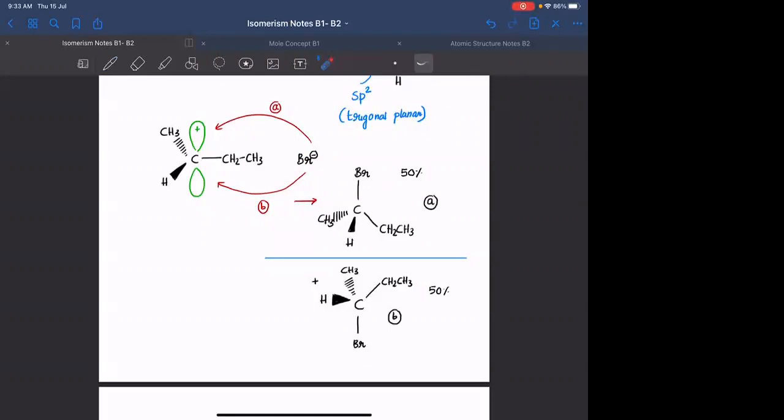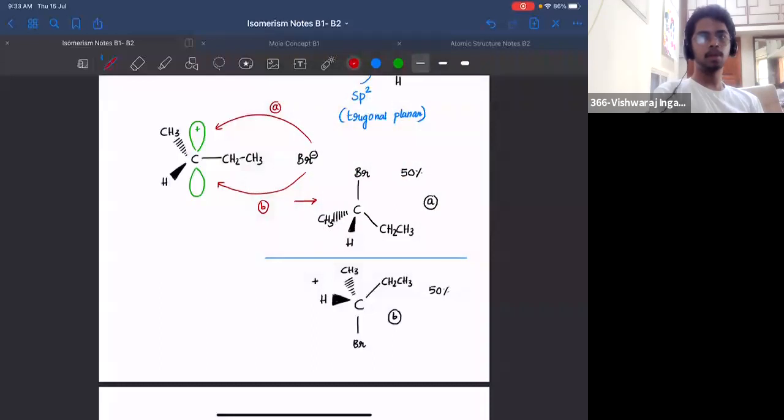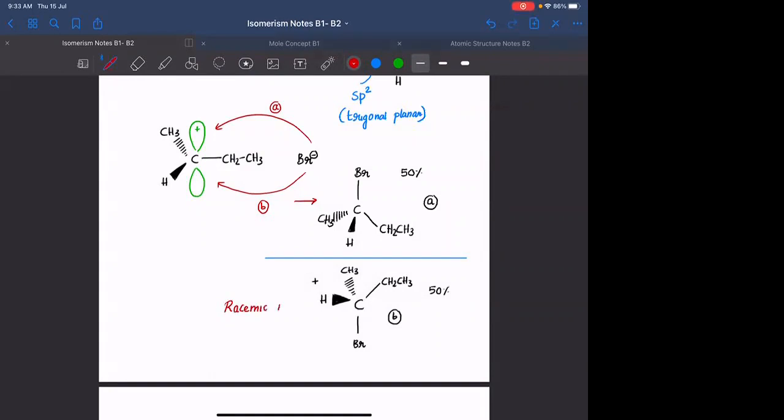This is a planar molecule. So it is leading to the formation of enantiomers, and you are having an equimolar mixture of enantiomers. What is this particular mixture called? Racemic mixture. Okay. So this particular reaction led to formation of racemic mixture, or it is an example of racemization